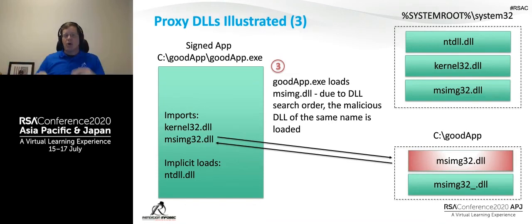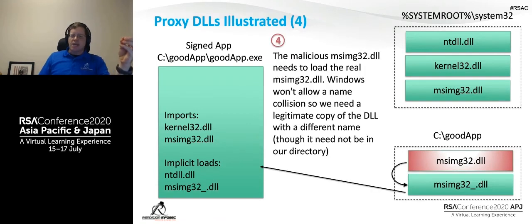So my proxy DLL is going to proxy any of those calls. It has to export all the same stuff, proxy those calls, and then I have to write a legitimate copy of MSIMG32.dll. Now, I'm going to name it something hopefully less suspicious here. I can't have a name collision, right? So what I'm going to have to do is this guy here, MSIMG32_.dll, is really the legitimate copy of that. The reason I can't just import it from System32 like would normally happen is I'm already taking up that name, right? And so it turns out that's going to cause a naming collision, and it's not going to work. And so no problem, though.